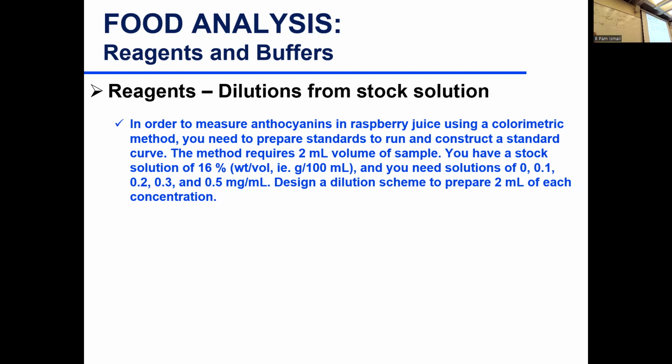So I want to dilute it in the sense that I get 1.6 milligrams per 1 ml. That's 100 times dilution. So if I want to get to 1.6 milligrams per 1 ml, and let's say I want to prepare 10 ml stock solution,